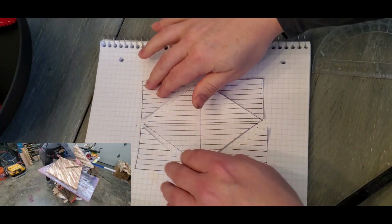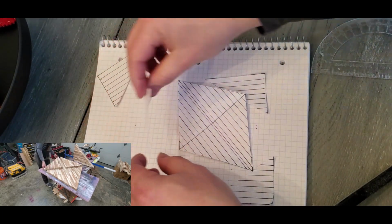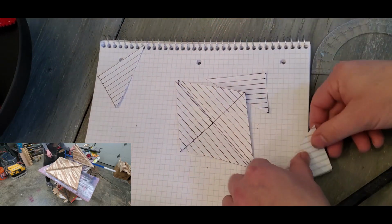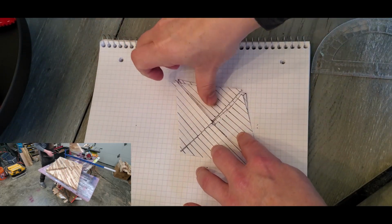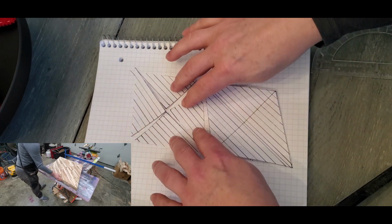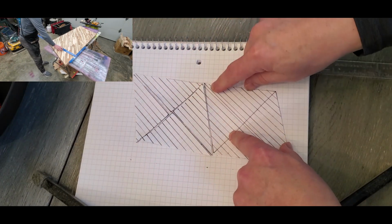Alright, now that I've got all 4 of the corners cut off, I can redirect them in this fashion. These would basically match up to make the exact same size shape as what I cut it off of. If you don't believe me, that's why I'm doing this. So let's just move this over and pretend like, actually I don't have to pretend. So the idea is that I glue all these together and then glue it to this one,